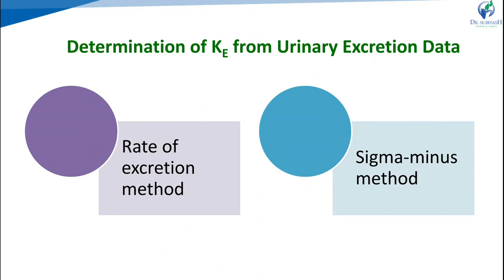For urinary excretion data, there are some criteria for obtaining valid data. A significant amount of drug must be excreted in the urine in the unchanged form, at least 10% of the drug. The analytical method must be specific for the unchanged drug, and metabolites should not interfere. Water loading should be done by taking 400 ml of water after fasting overnight, so that it promotes diuresis and enables collection of sufficient urine sample.